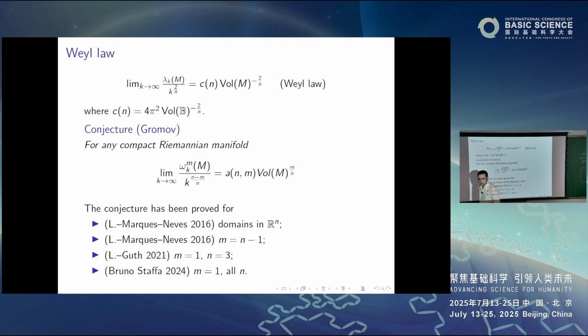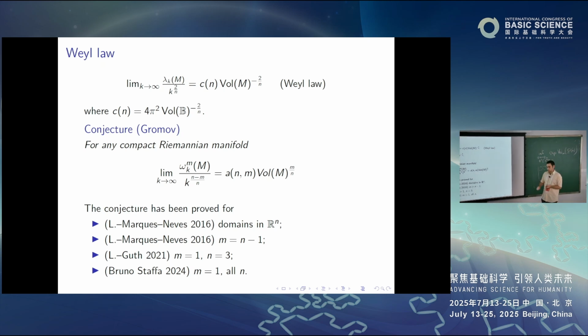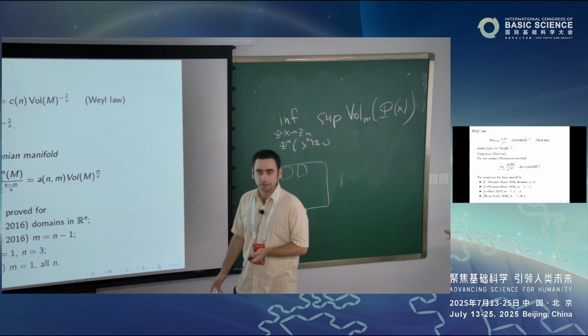It's not known what it is on the torus. It turns out that the polynomial is the most efficient thing on the sphere. If you look at the zero sets of homogeneous polynomials on R3 intersected with S2, that will be the optimal thing. If you look at zero sets of polynomials on the disk, it will not be the optimal thing asymptotically. If you try the most obvious thing on the torus, it's not the optimal thing. It's actually tricky to even come up with a conjecture of what it is on the square torus.